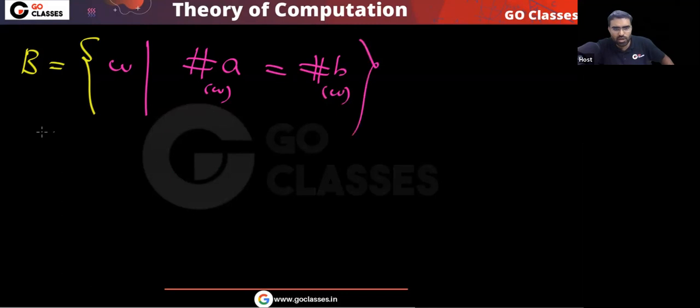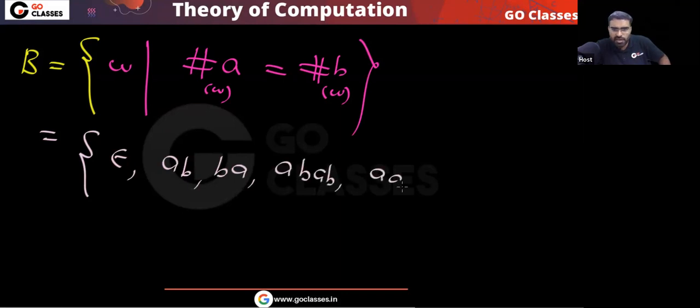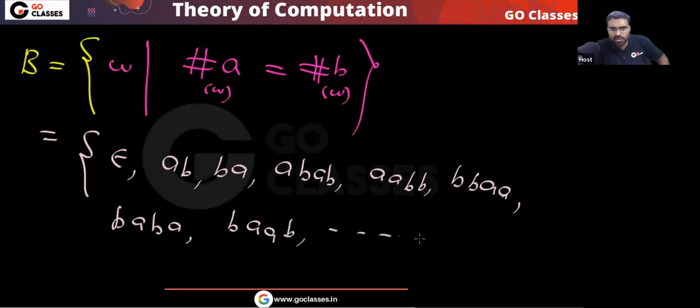Okay, this type of strings you have, means you have this type of string. This string is there, this string is there, this is also there. For example, AB, that is also there. AA, BB, that is also there. BB, AA, that is also there. BA, BA, that is also there. BAA, B, that is also there, and so on. Okay, so these are the strings. Now let's see. For this, let's prove.